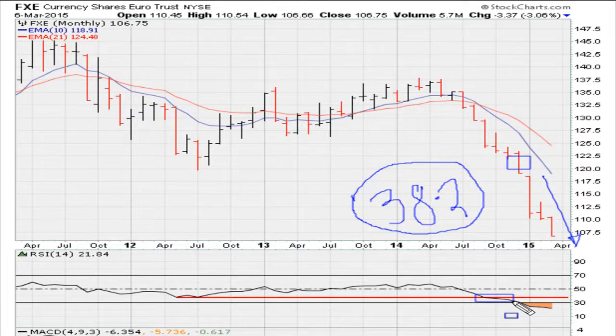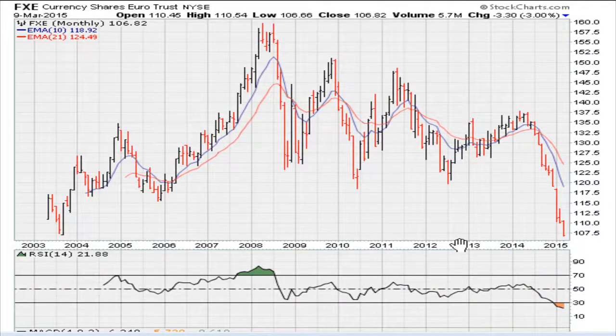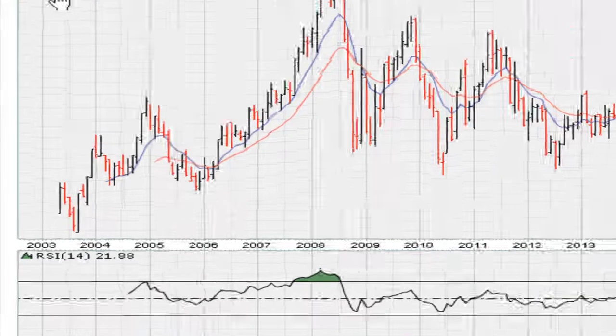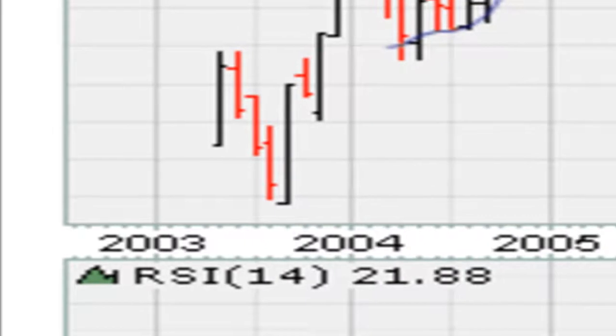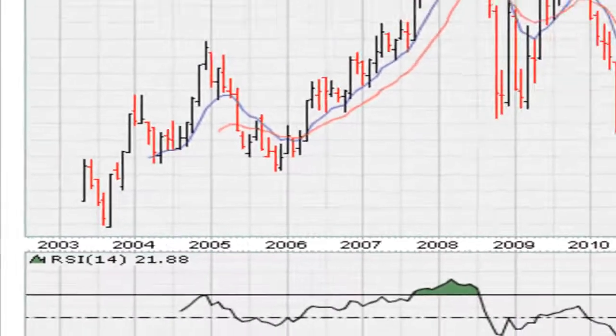That's a major red flag. When you see a stock move below 38.2 on the monthly RSI for the first time ever, and especially when it's making a 3-year low, that is an indication that momentum is really to the downside. So this is the long-term monthly chart for FXE, with all data going back to 2003, and we were concentrating on this period here,